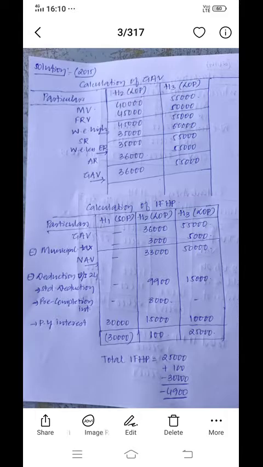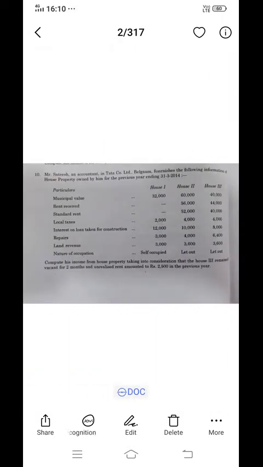Hope this is clear to all of you. This is a 15 marks problem, students. I hope you have understood this. Kindly take down this solution, all of you. If you have any question, you can make a note of it. Now coming on to the next problem, which is a 2014 question paper problem.